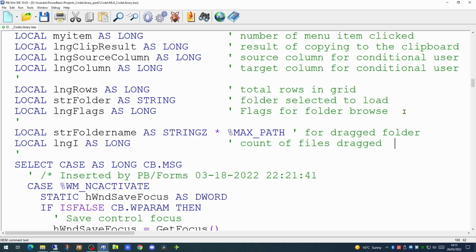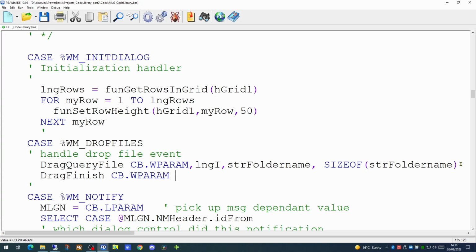The folder name string we're defining as string Z. This is a fixed length string. We're setting this to be the maximum length of a path in Windows. Now that we have those set up, there's one more thing we have to do. We have to add the DragFinish command with the parameter of CBWPARAM to tell our event that we have